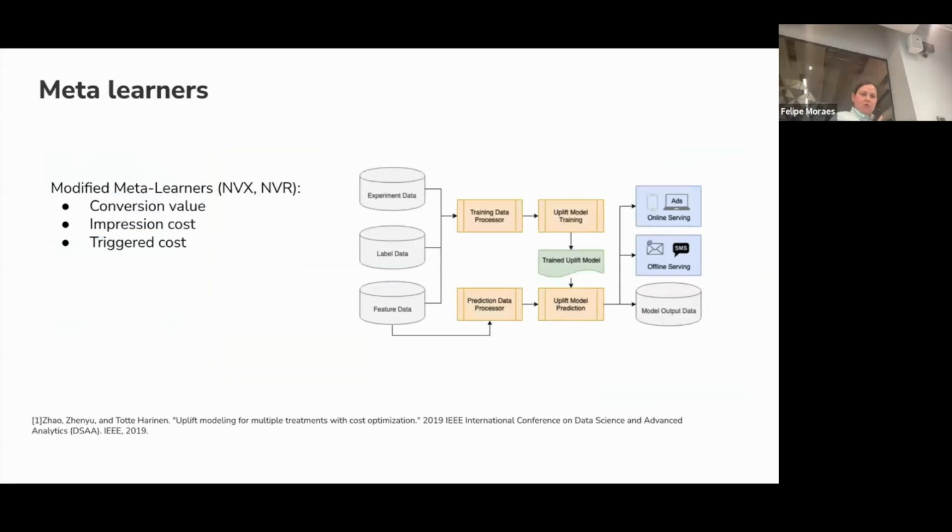And one more work I would like to mention here solves two problems. It is about uplift modeling for multiple treatment with cost optimization. Why it is interesting: maybe you remember X-learner and R-learner. The authors of that paper introduced modified versions, the so-called net value X-learner and net value R-learner, which take into account the different kind of cost for every channel.